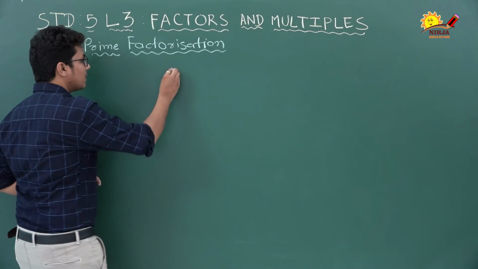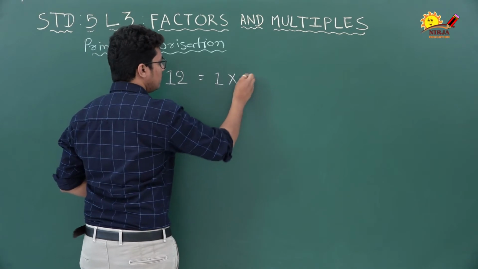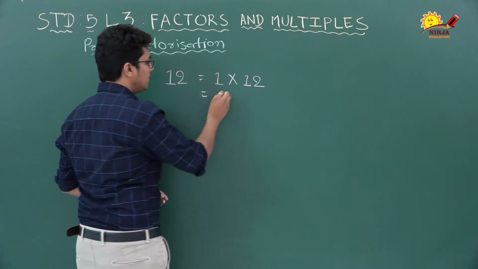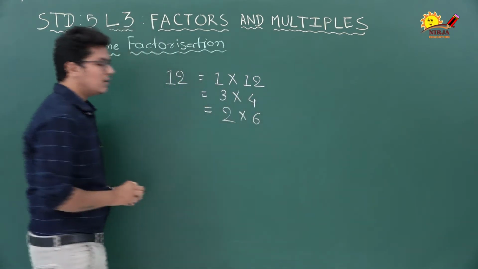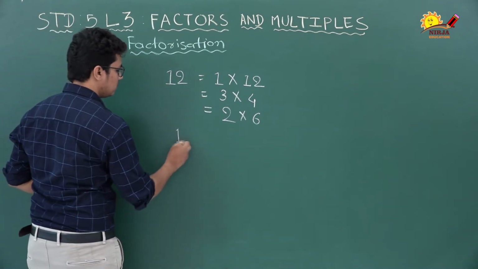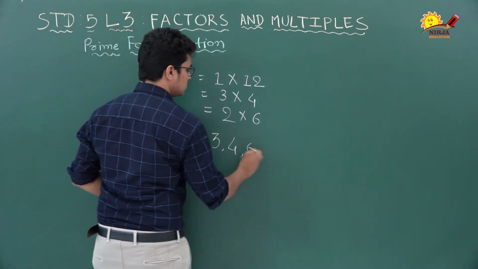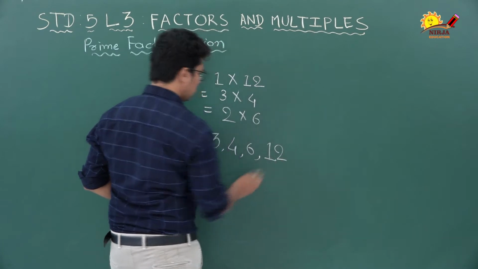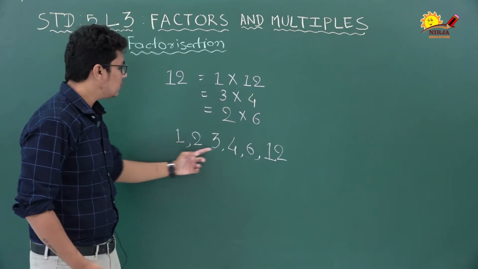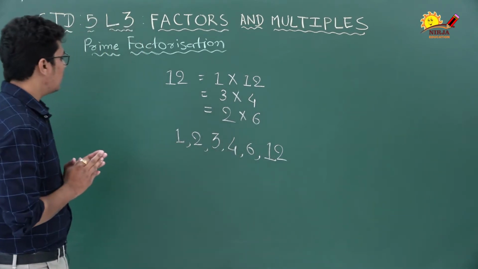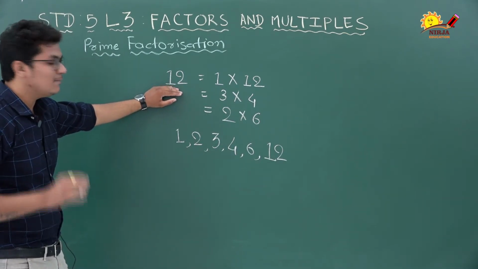If we normally find factors of 12, what are they? First of all, 1 multiplied by 12, we get 12, okay? 3 fours are 12, right? And 2 sixes are 12, okay? So what are the factors of 12? 1, 2, 3, 4, 6 and 12 are factors of 12. If in an exam there is a question like find factors of 12, then the answer will be 1, 2, 3, 4, 6, 12 are factors of 12, right? But if the question is find prime factorization of 12, so what would be the answer? The answer would be